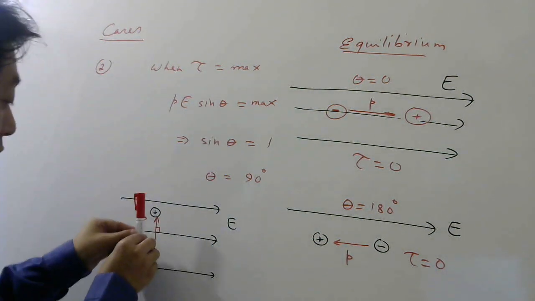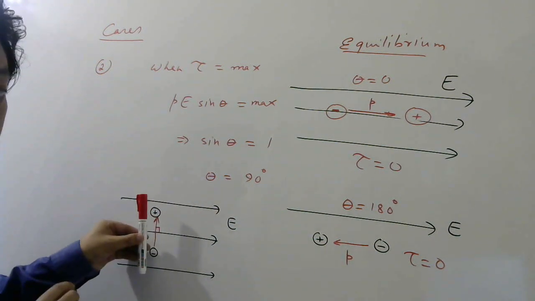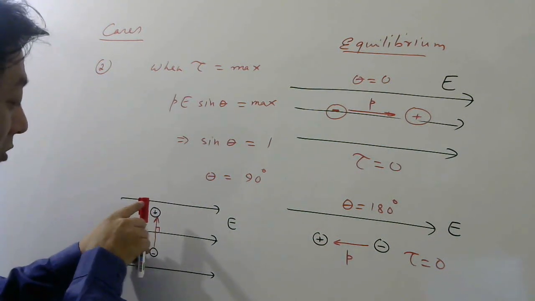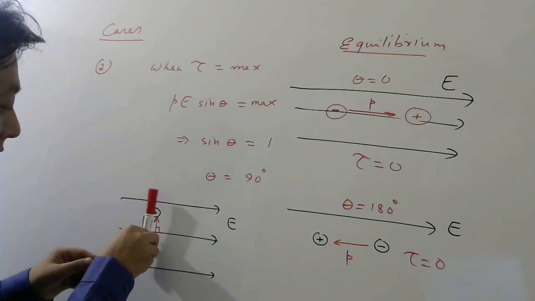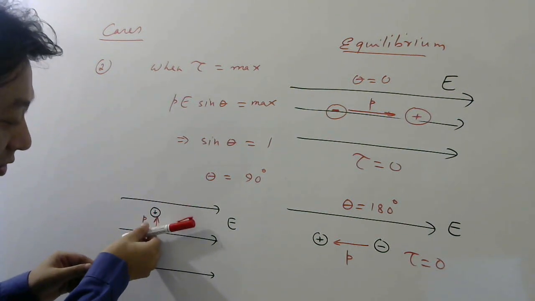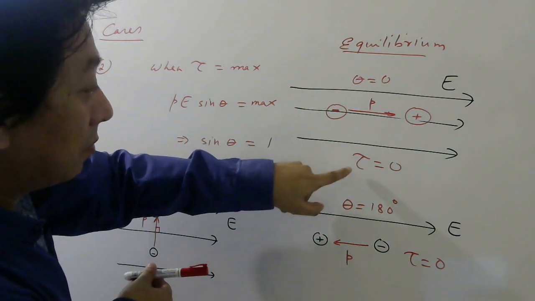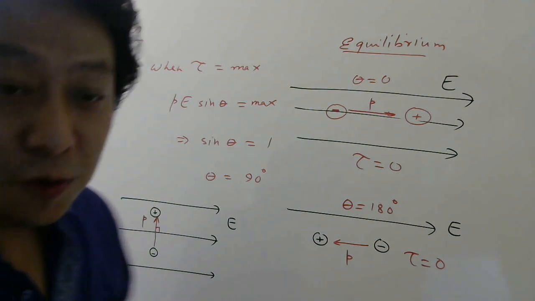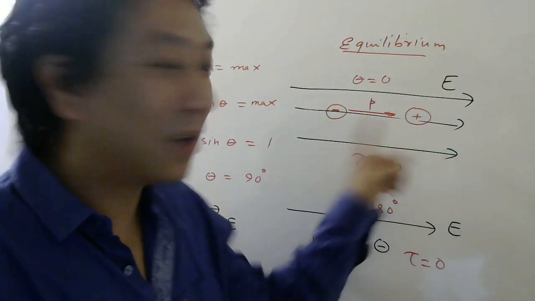That also, what kind of torque? Maximum torque. So the moment you leave this dipole, imagine this pen is the dipole, what will happen? This plus will feel a force this side, this minus will feel a force this side. So it will turn. And then when it reaches here, at that time the torque will be 0. And now you will come to know why we took the dipole moment from minus q to plus q.